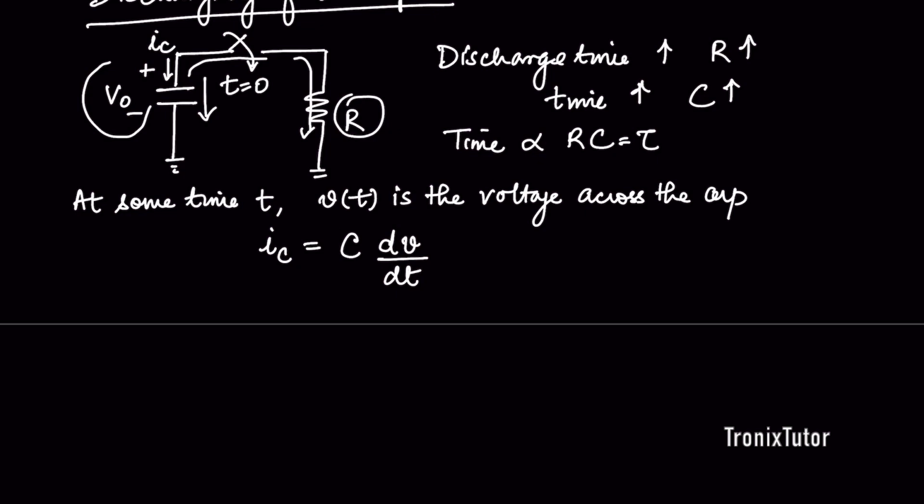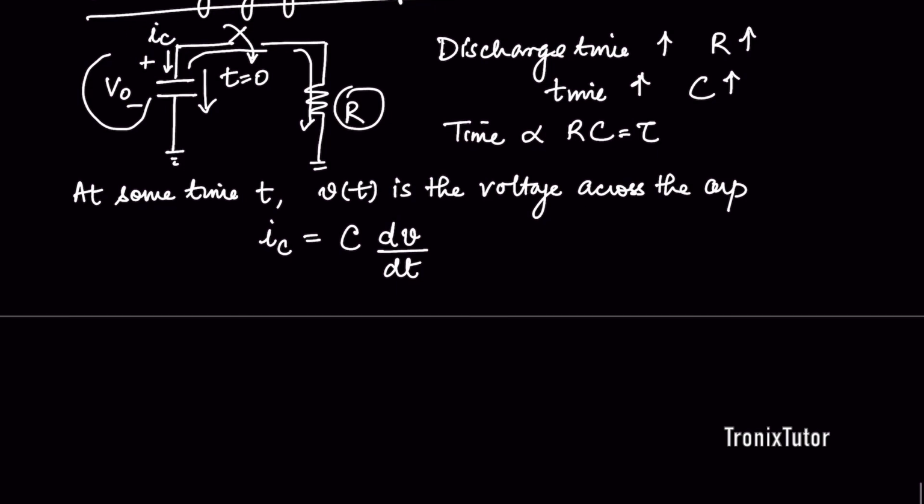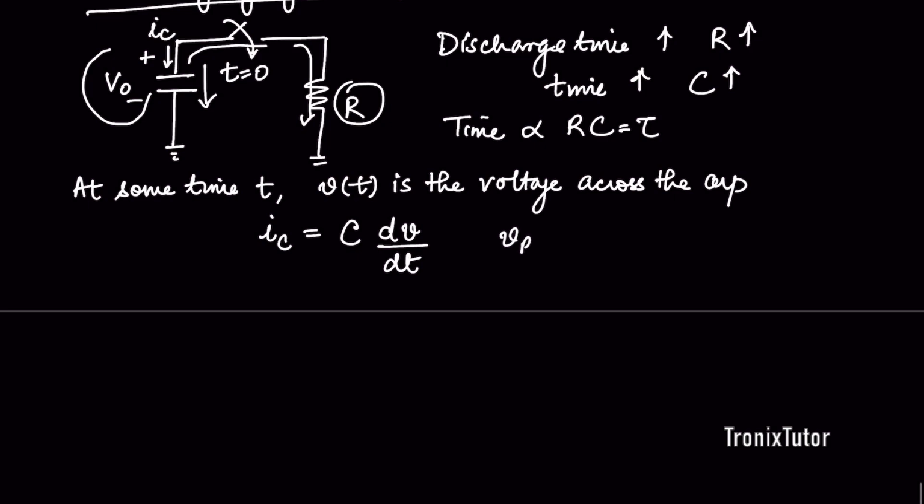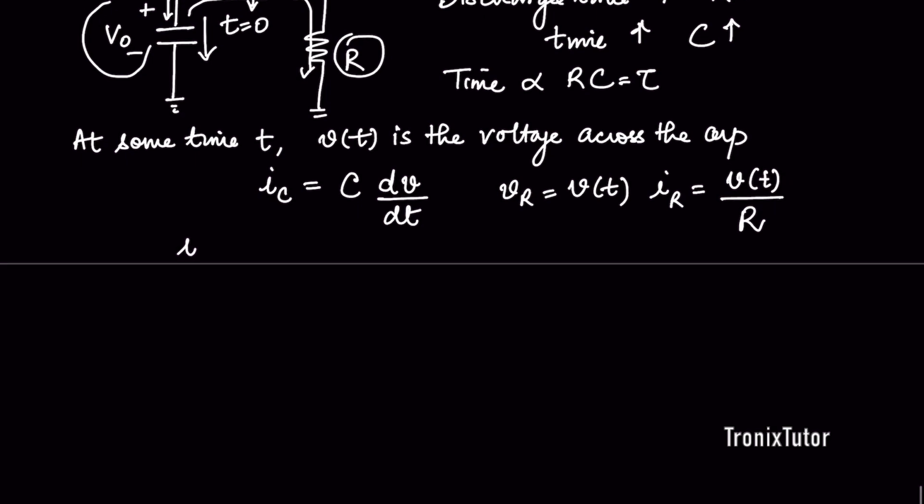Now, because the capacitor and the resistor are connected in parallel, I also know that VR, the voltage across the resistor, is also equal to V of t, which means that the current in the resistor is going to be given by V of t by R. Now, if I apply KCL at this point, I know that at all times IC plus IR should be equal